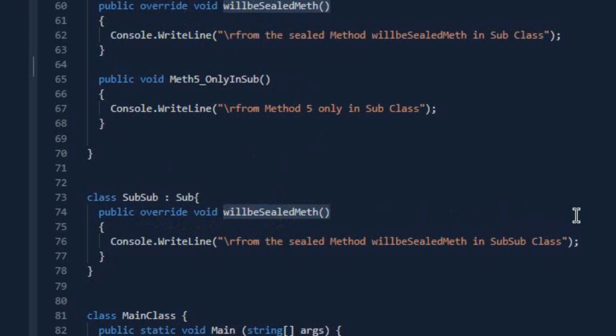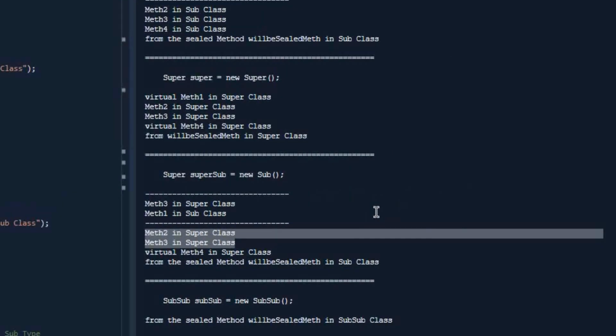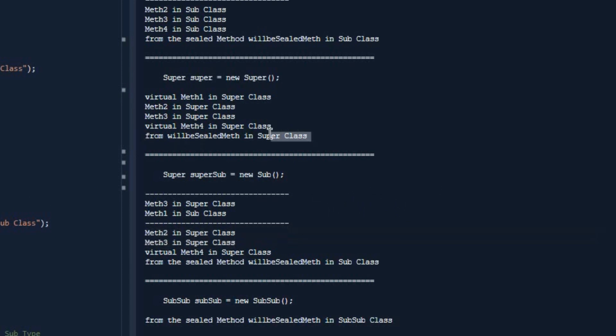When we execute this code and go to the output window, we see that here we have the text that is printed from the superclass: is from will-be-sealed method in the superclass. Then we call the same method here with a super